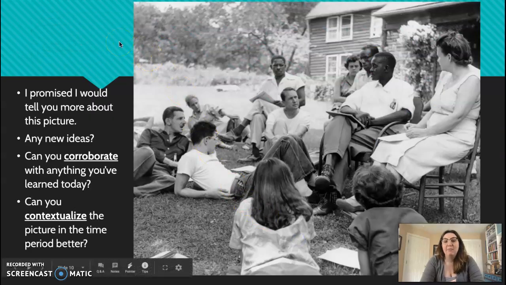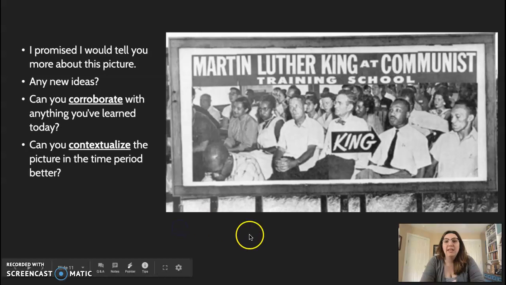And then I do let them know that this was a photograph of the type of things that were happening at the Highlander Folk School. So we might notice that there's a lot of white individuals who are learning these strategies as well to be activists, and they were listening to a Black man, which didn't happen a lot of times during this time period, right? So you can see that they're really respecting him as they look up in that photograph. This also was a real photograph from the time, and that is Rosa Parks and Martin Luther King.